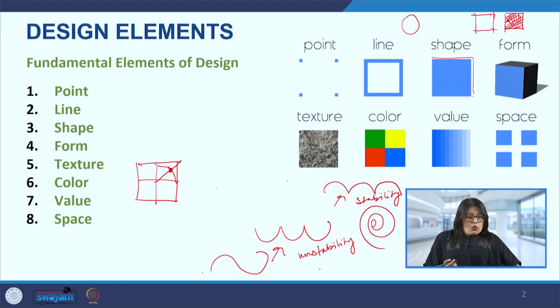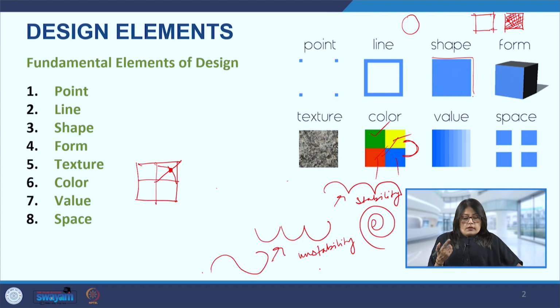And so for now we can just look at color. The primary colors are yellow, red and blue, and when these are mixed, so when we mix yellow and blue we get green, when we mix yellow and red we get orange, and so on. And when those secondary colors are mixed we get tertiary colors.